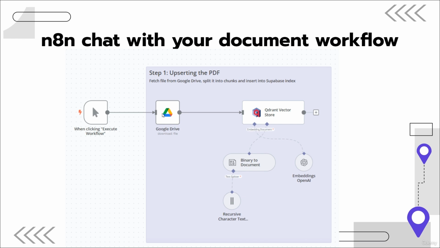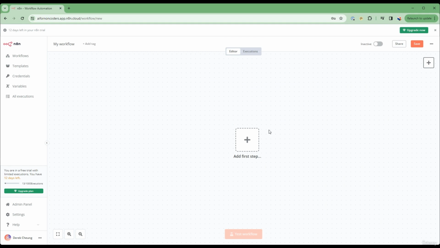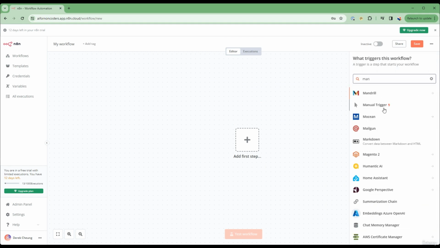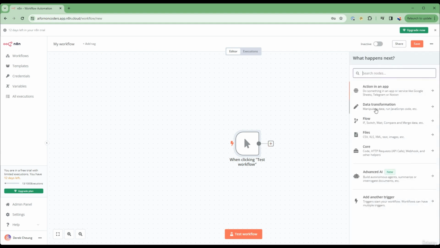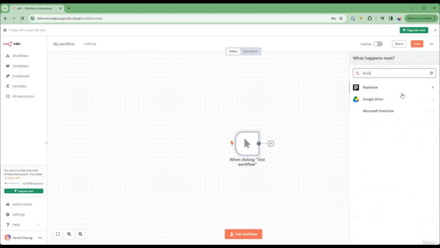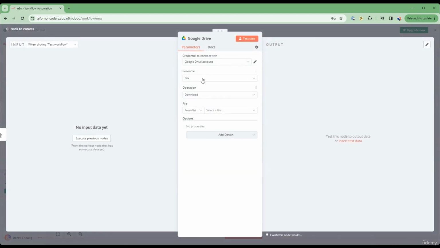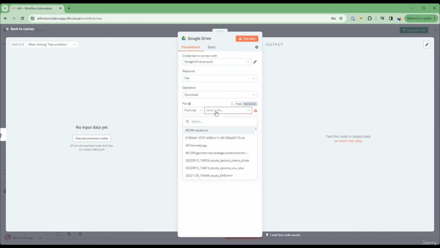Let's go ahead and build this flow. Okay, so let's start the build. I'll first start with the manual trigger, and then I'll connect that to my Google Drive. Inside there, I'm just going to use the download file option. I've already set up my credentials from the previous tutorial, and then I'm going to find my file, HR policies handbook text file,